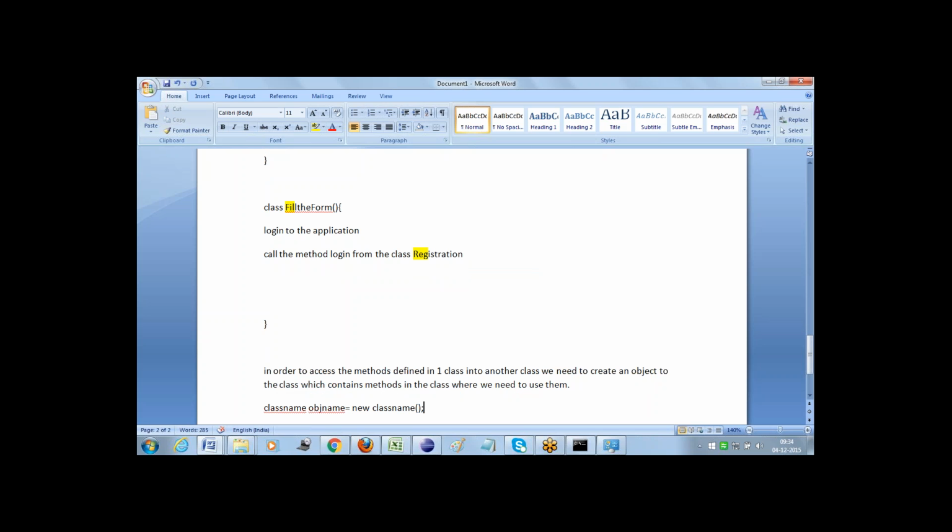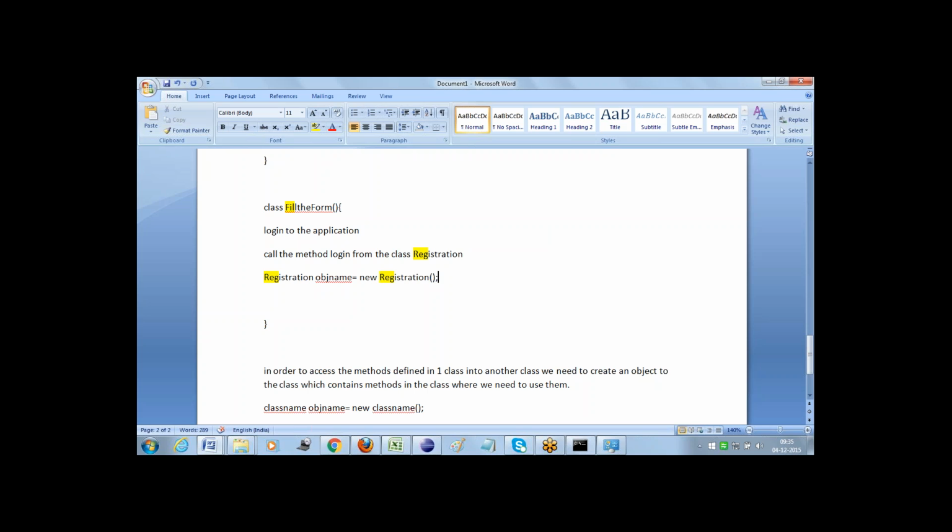So over here, what exactly I need to do: this is my registration class. So copy the registration, space, obj name. This object name is up to my wish. I can give obj name, or Ravi, or Pawan, whatever it might be. For instance, I am just giving it as obj name and then new registration.